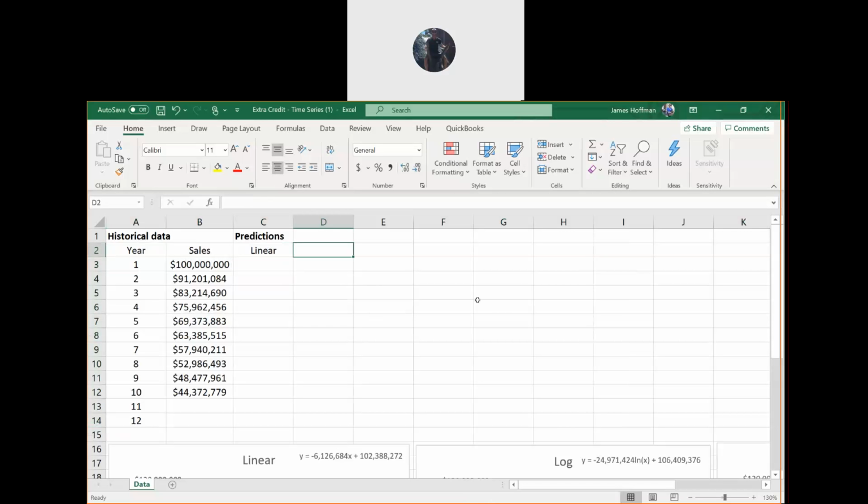Then in D2, let's call this log. And then in E2, let's call this polynomial. All right, there we go. So we'll get the linear predictions here for year 1 to 12, the logs here, and then the polynomials here.